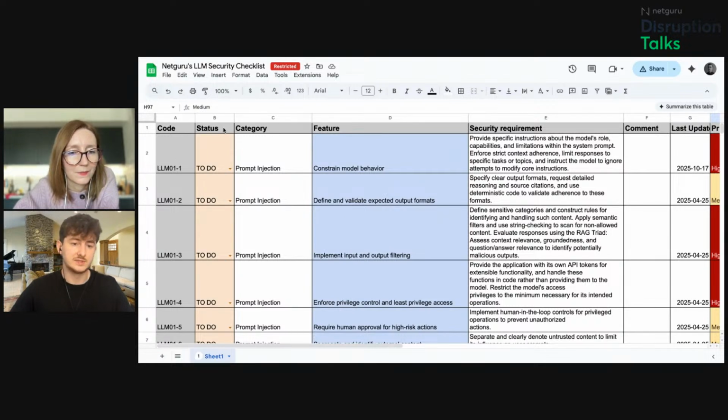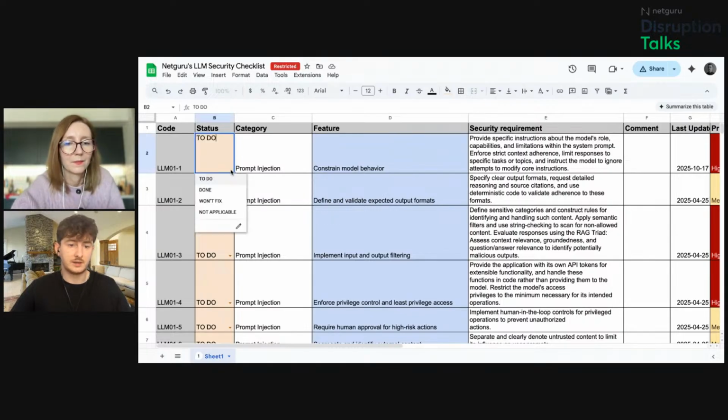And the next column is the status. Here we have 4 statuses. The first one, to do; second, done; next, won't fix; and last, not applicable. With the statuses, you can mark all the points which we need to do, or what the status of that issue is. For example, if you would like to fix that issue, you can mark it as to do.